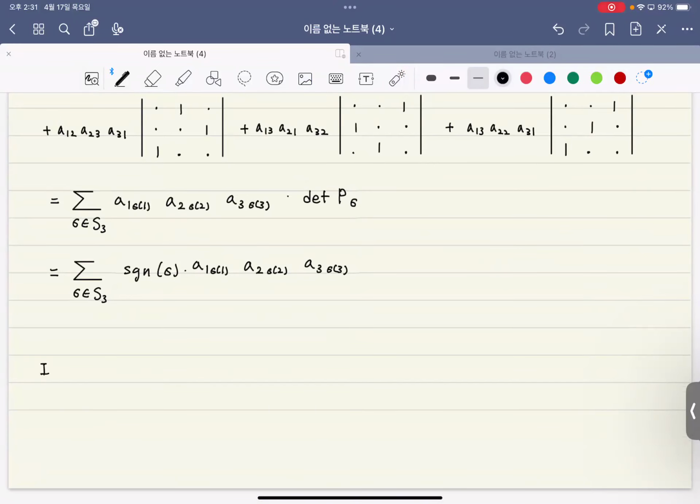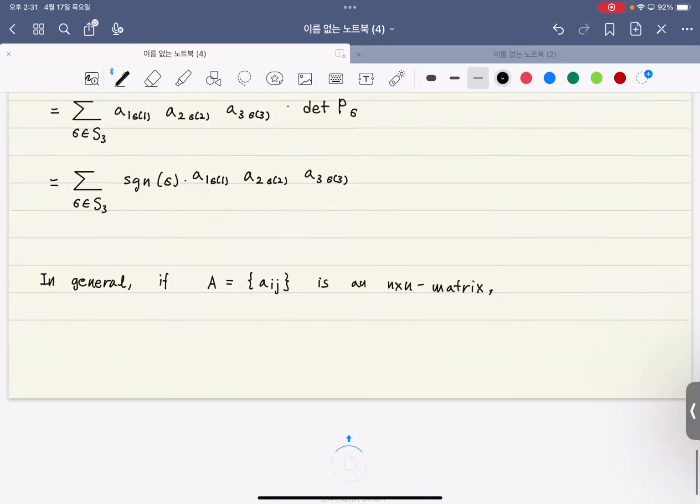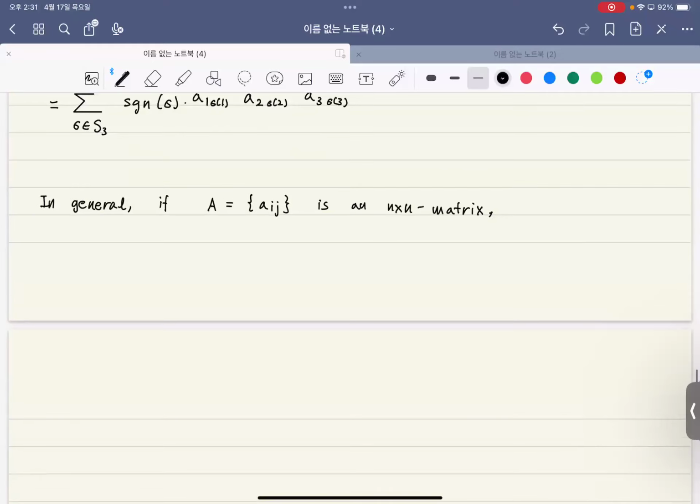So in general, if A is an n by n matrix, then I hope you agree on this statement. The determinant of A, with rows A11, A12, up to A1n, A21, A22, up to A2n, down to An1, An2, and so on, Ann, is